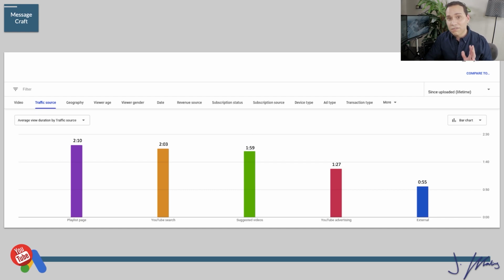Now, this is just one of many examples of what happens when you run YouTube ads. 9.9 out of 10 times, your YouTube ad views are going to be worse than an average view duration you would get with organic. Now, why does this matter? YouTube looks at all your views. It doesn't care if you're paying for them or not. So the average watch time in the eyes of the algorithm is now lower because YouTube advertising is an average of 1.5 minutes versus 2 minutes.